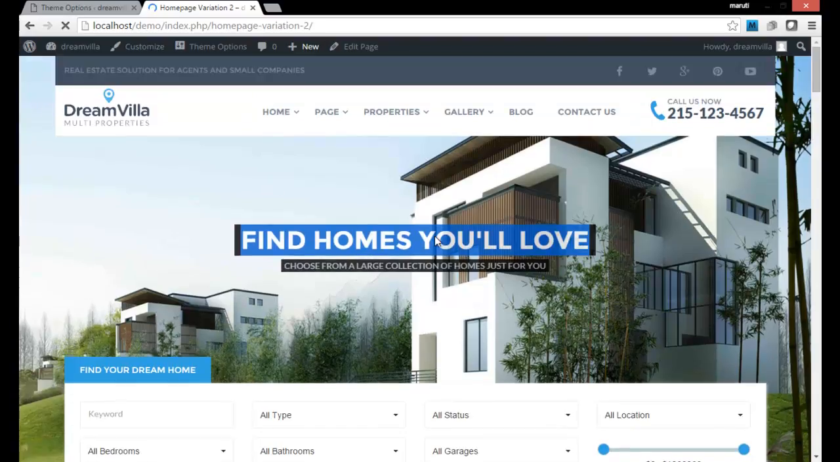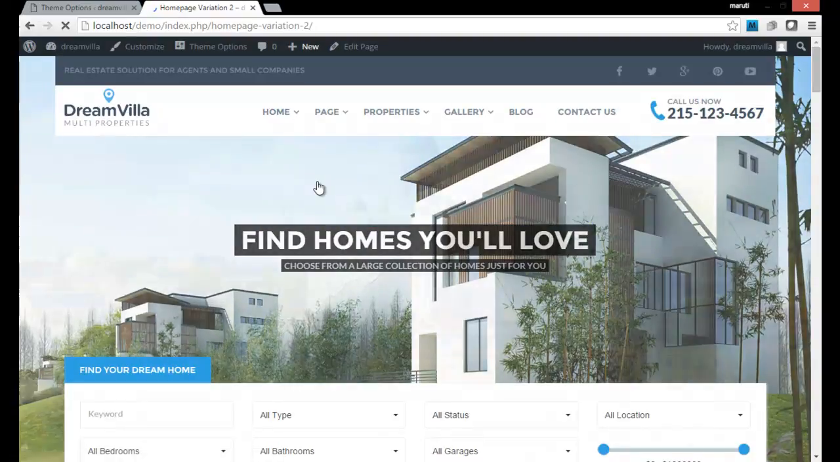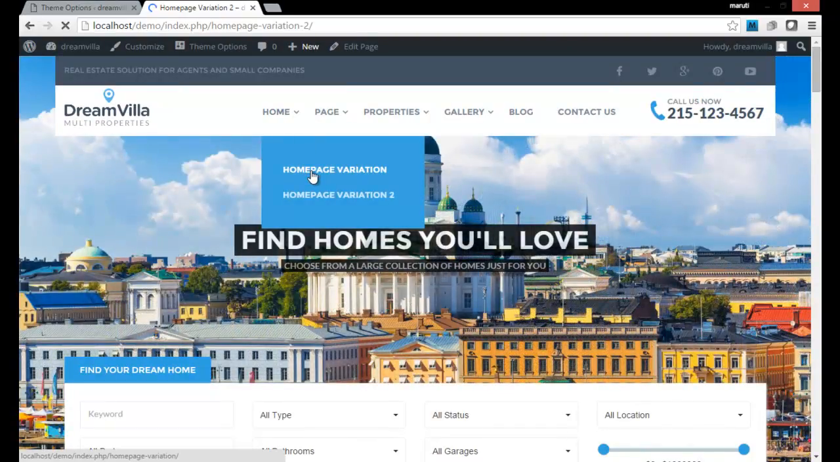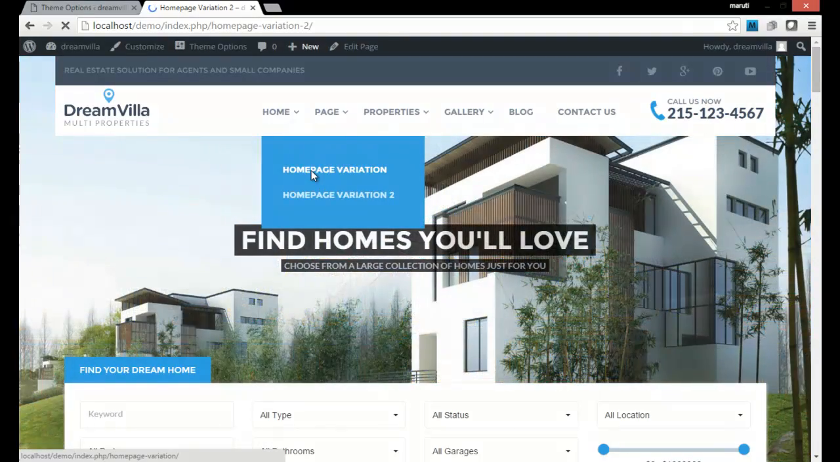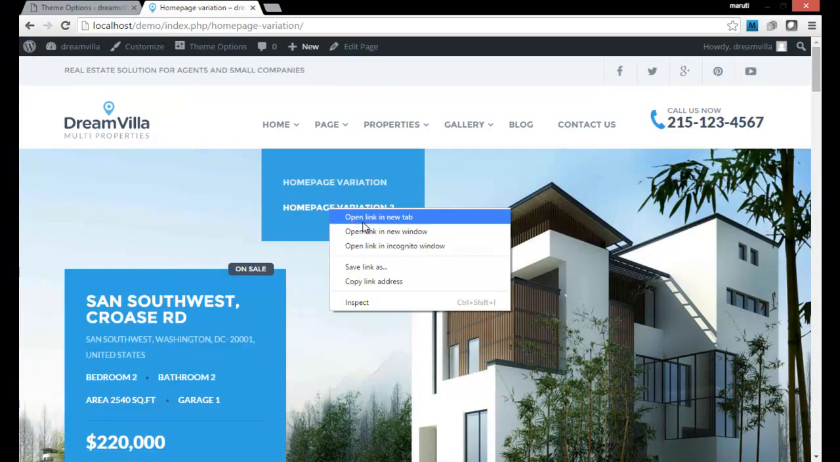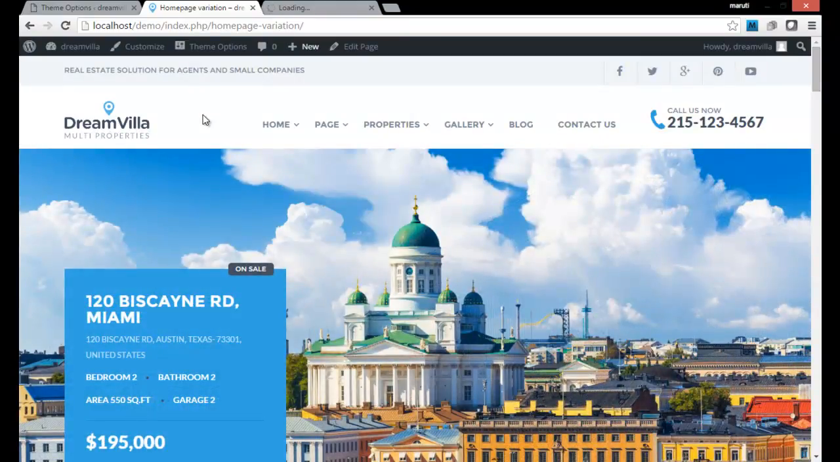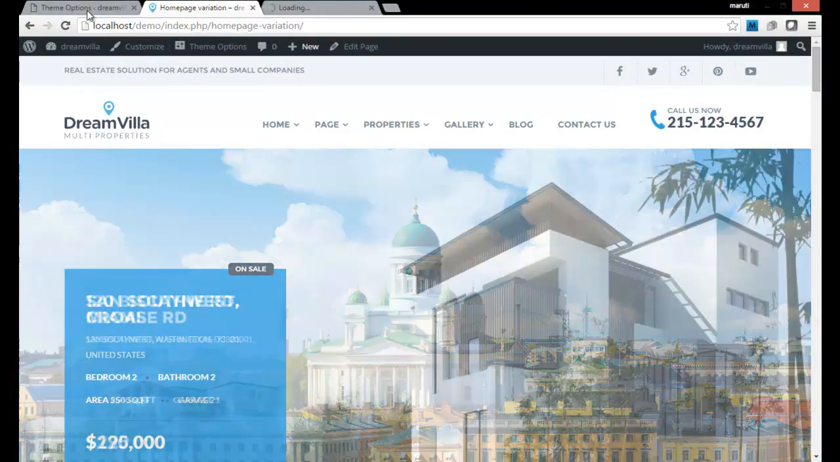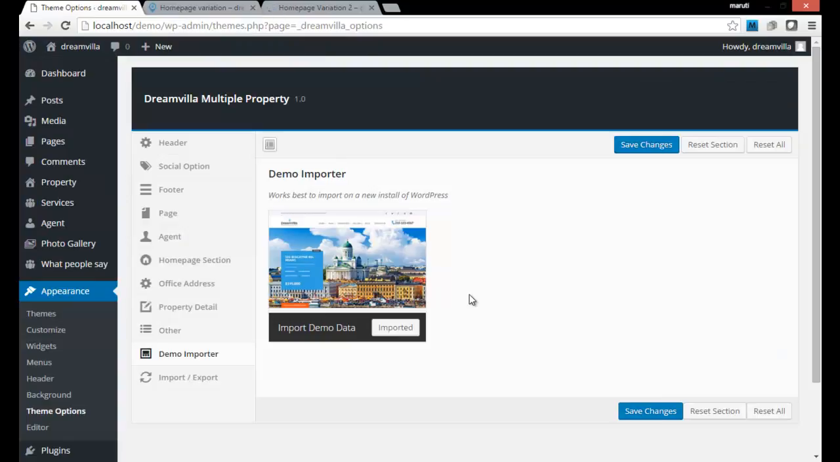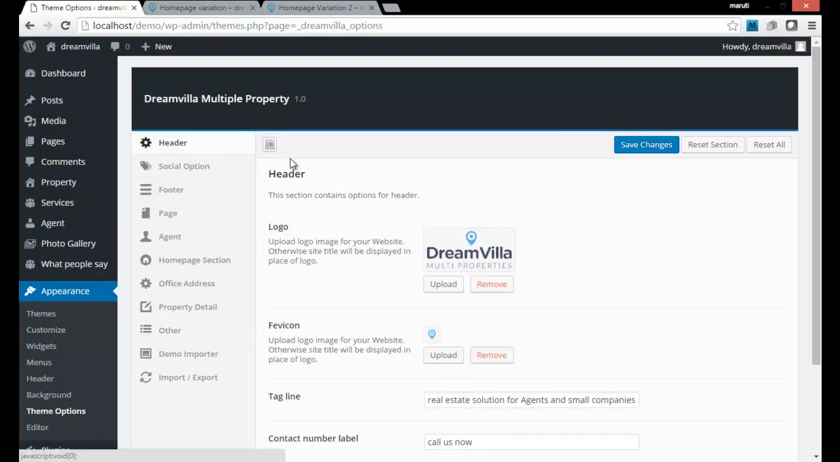So whichever you like, it's your choice, but I'm going to show you how we can customize these things. I'm going back to my homepage variation 1. I'll open my homepage variation 2 in a new tab so that we can see both parallelly. I'm coming back to my dashboard, and now if I click on this first section, which is Header, you can see this section is allowing you to add